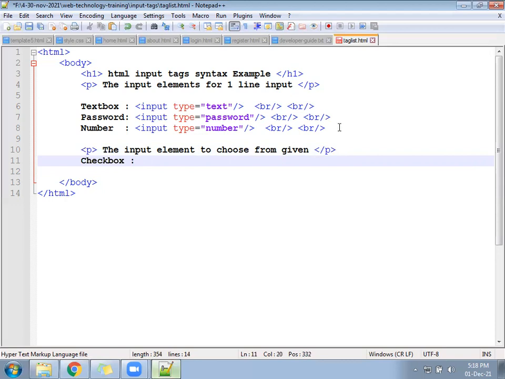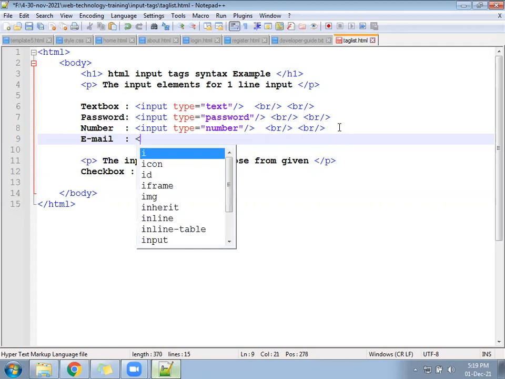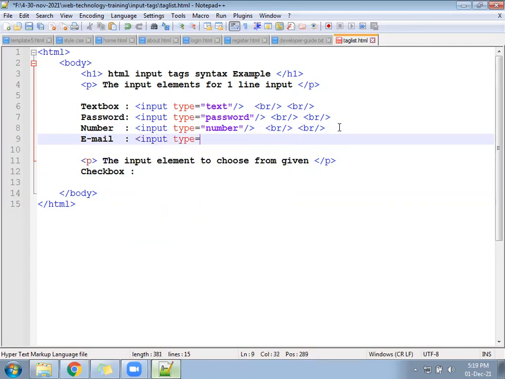One more is email. We can write here input type equal to email. Email in small letters. See, everywhere you have followed the same tag. Input only, input only, input only.